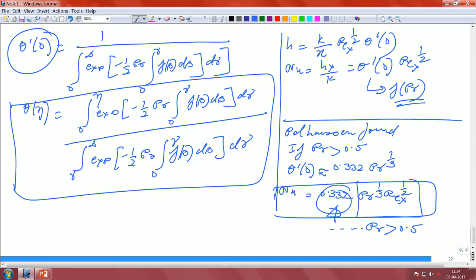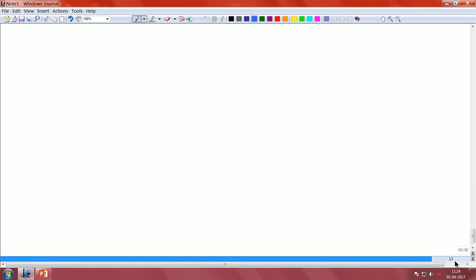That is true because we say that our delta is greater than delta t, all these things that we did. So, this agrees correctly with our scaling argument as well. So, there is no problem with that. Now, on the other hand, if the Prandtl number is less than 0.5, or the cases where the Prandtl number approaches 0, we already know that delta becomes smaller than delta t. So, your expression